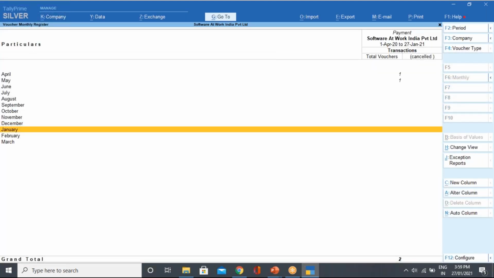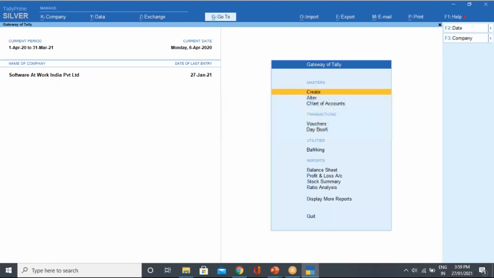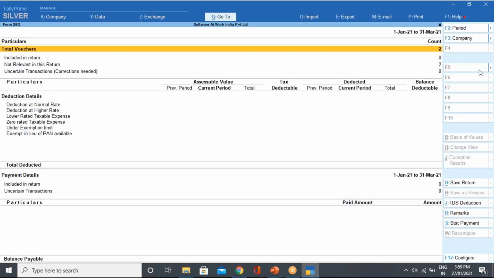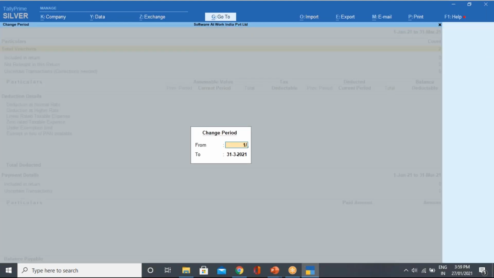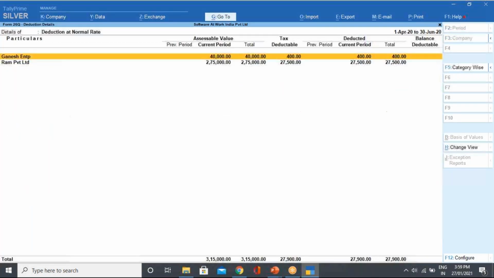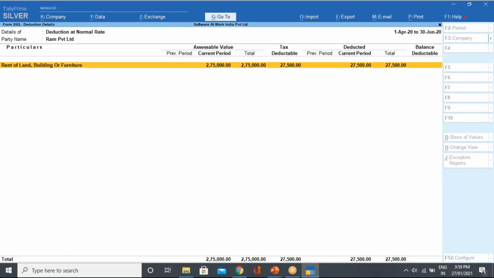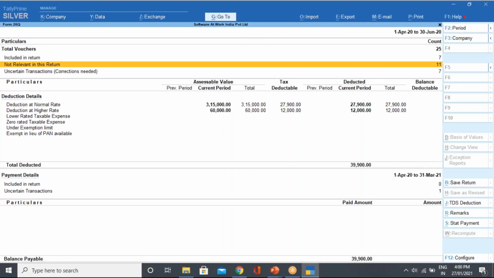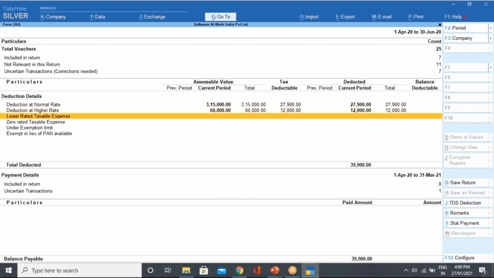Once I accept, you can directly go to display, statutory report, TDS report 26Q. Select the period. Go to the normal tax rate, Ram Enterprises, and you can see the payment entry also will get passed here.